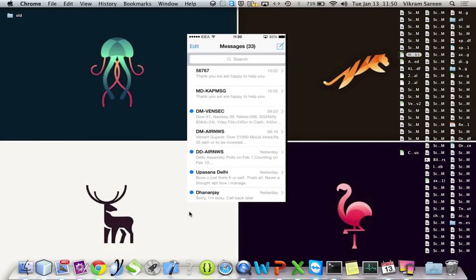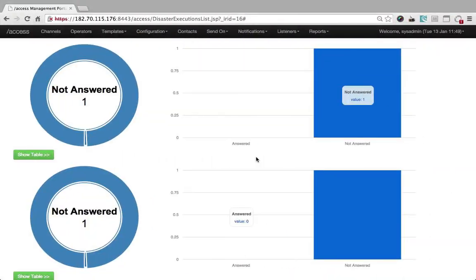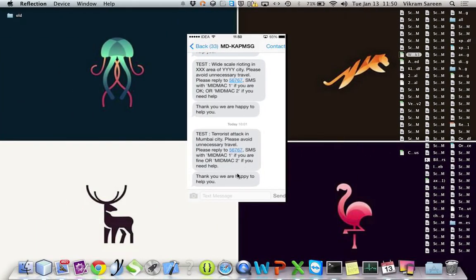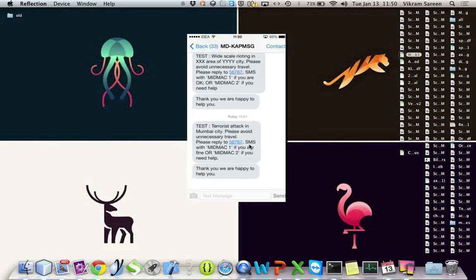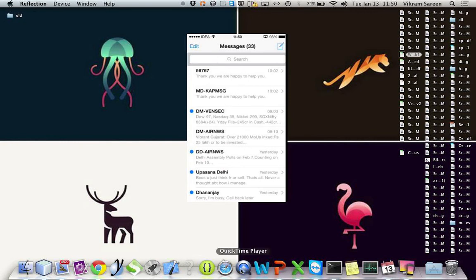Okay, so as you can see right now, we have got the message here, which is the test message. That means I have actually got the message, and over here it's showing me what I want to reply with. If you look at the execution part, it's going to show the same thing, and after that the information will start. So what we are trying to show over here is a simple experience where the user will have the option to reply back as well.